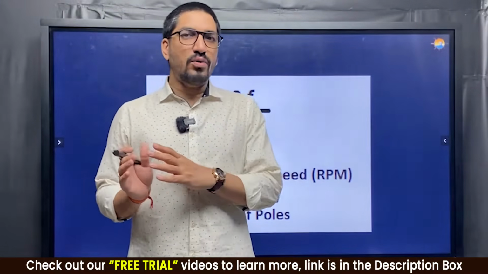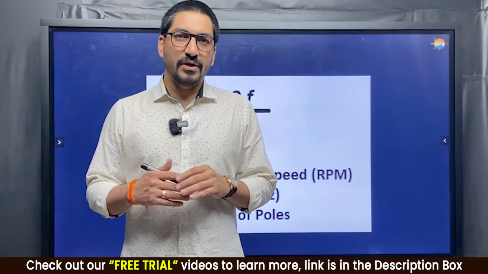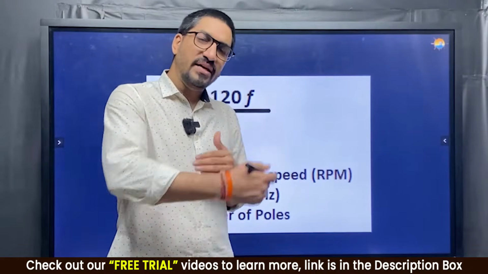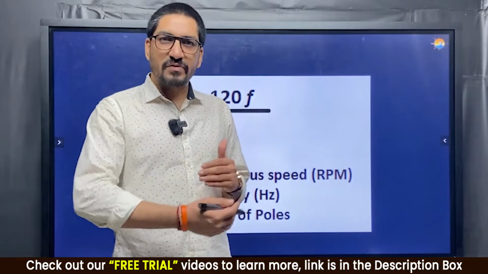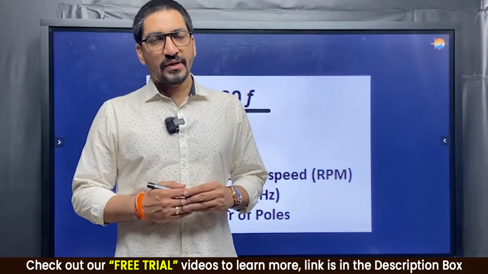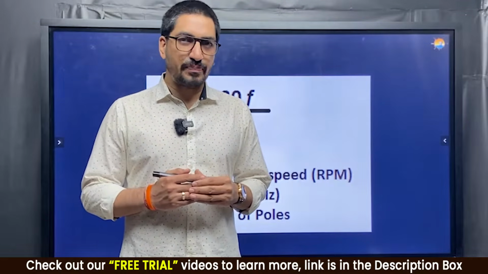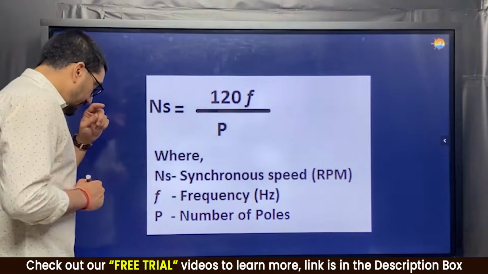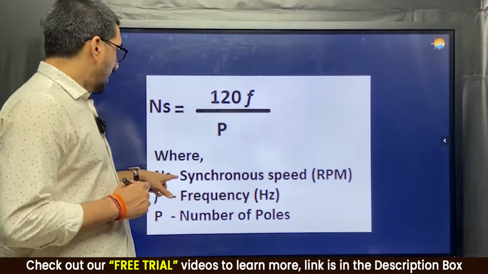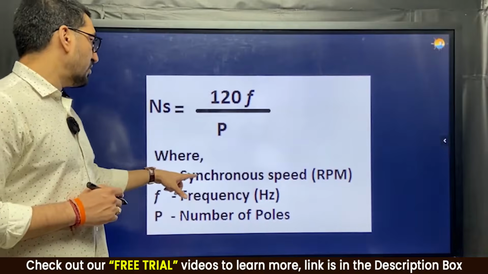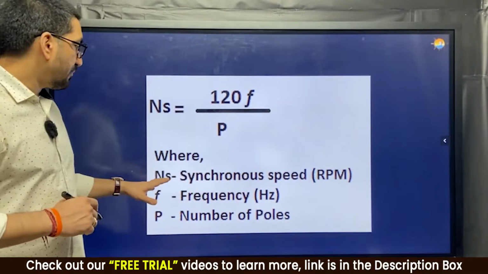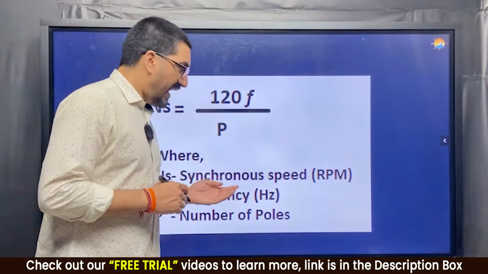Now we have studied about RMF, the rotating magnetic field. So when the field is rotating, there must be some speed with which the field is rotating, and the speed with which it is rotating is called synchronous speed. So this is there in front of you. Ns is the synchronous speed. That means the speed at which